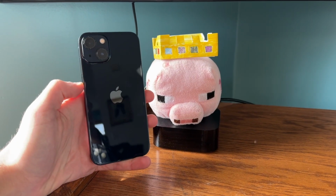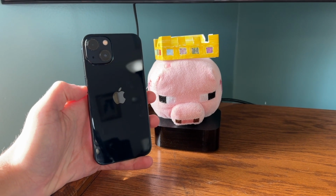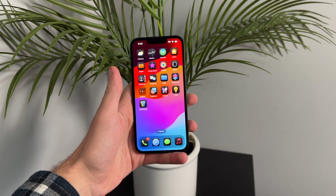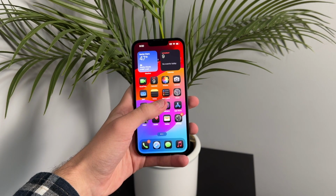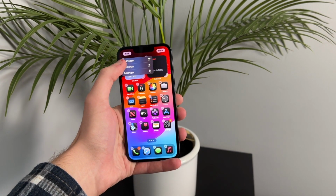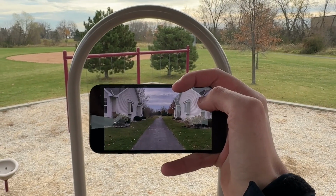So the average person will hold on to their phone typically for 3 to 4 years, and then they'll upgrade. So if you hold on to the iPhone 13 for 3 to 4 years, when you go to sell it, it likely is going to be running the latest iOS update still, and you're going to be able to get more for that phone. The iPhone 13 too does have a few added camera features, Smart HDR 4, photographic styles, cinematic video,